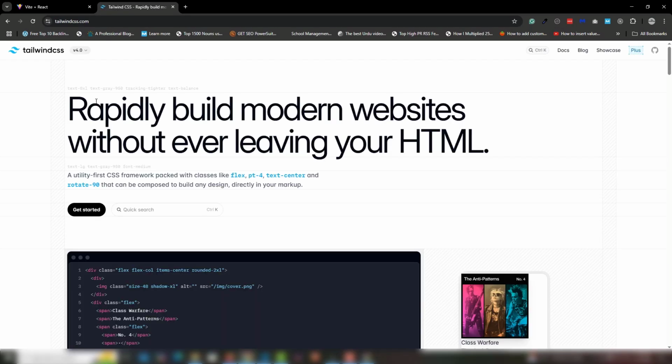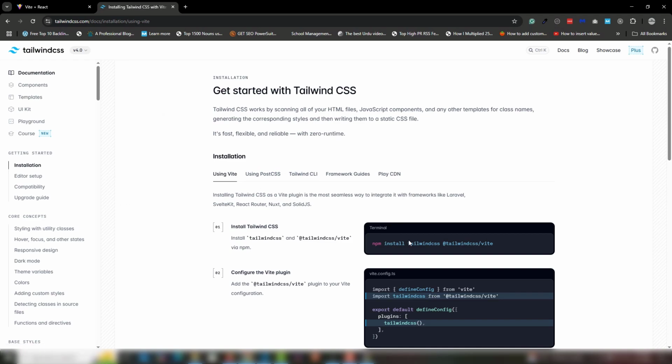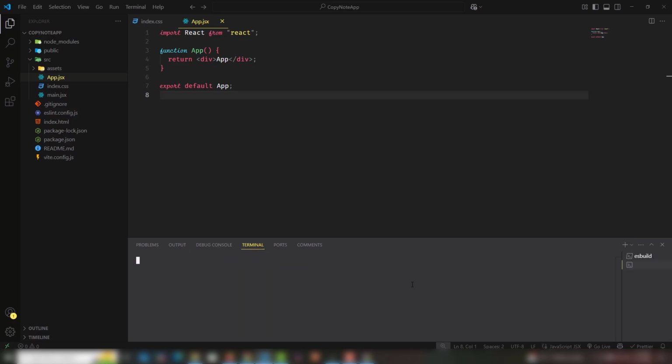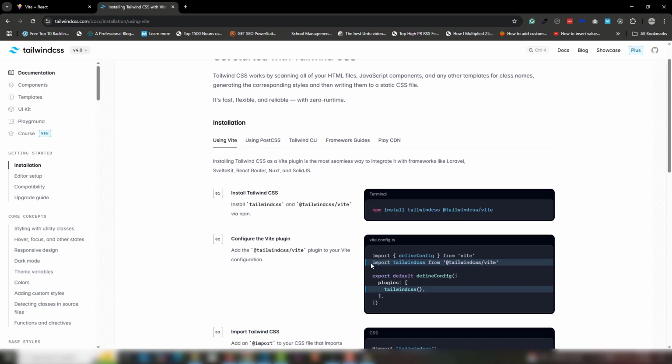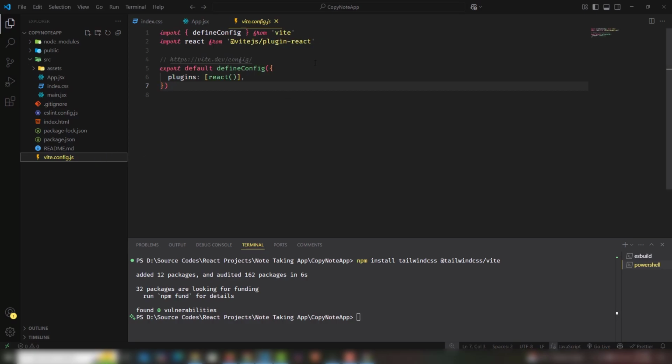That's perfect. The next thing, I need to install Tailwind. So let's move on to the Tailwind CSS, get started. I'm going to use the latest version of Tailwind, so I'm going to copy that code and execute the command inside my project. The next thing, I need to get this file. After installing that, I need to move on to